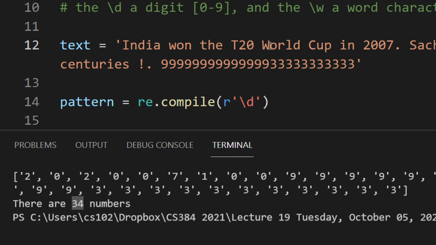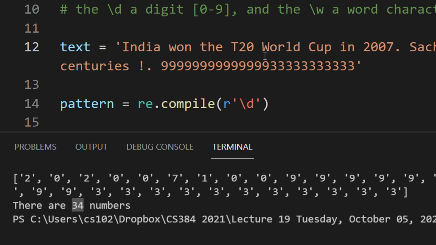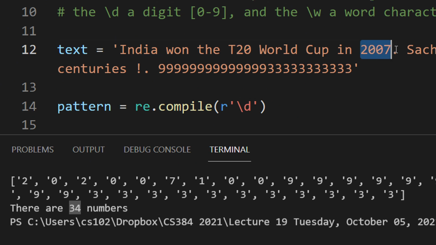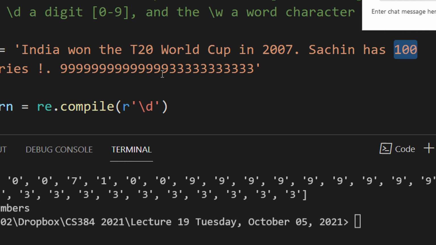Now, as you can see, this is not particularly useful. The numbers in this case are 20, 2007, and 100, and of course this long number. So how do we match that? In this case we use the plus operator. The plus operator signifies one or more.